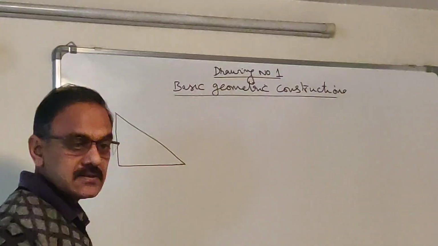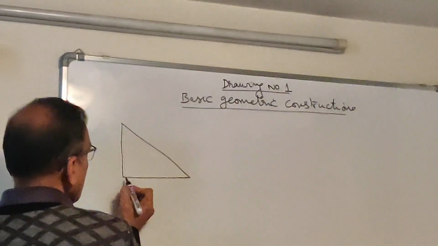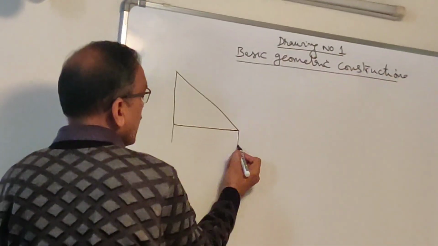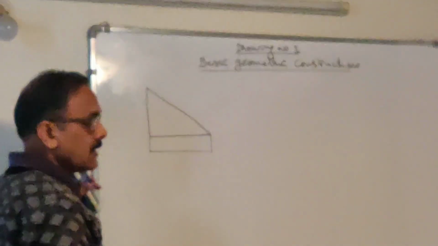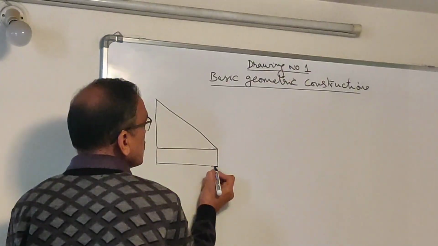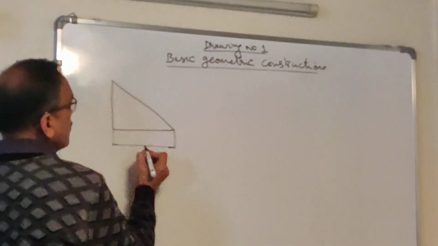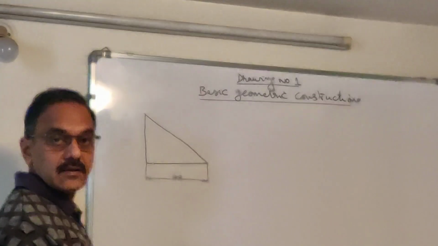Now let us dimension this. This particular exercise will be a practice for you to do the dimensioning as well. Okay. So I am going to dimension this horizontal line. So you know the procedure. Starting from the tip, you draw two extension lines and then you draw the dimension line parallel to the main line. Okay. And then put two arrowheads. Don't put two big arrowheads. This size is enough. Let us say this is 40 mm length. So I have just written 40. This is how you dimension a horizontal line.